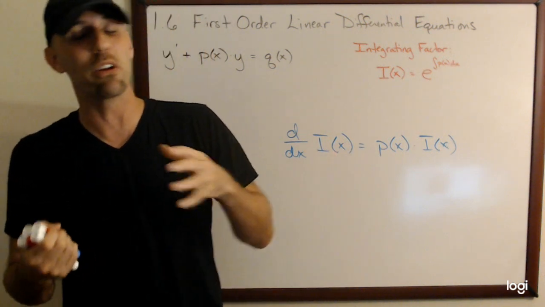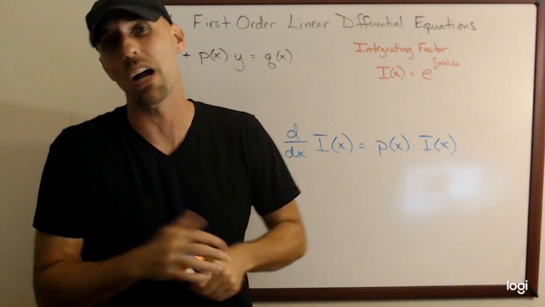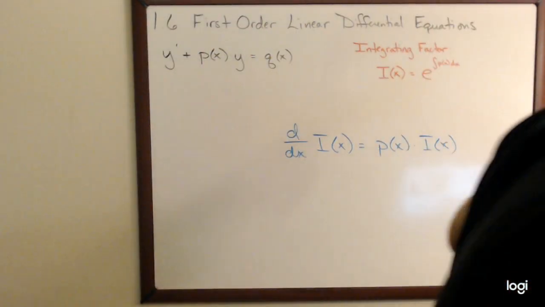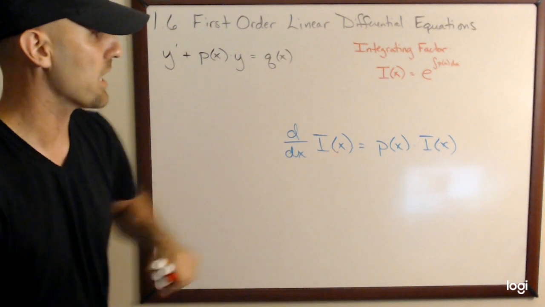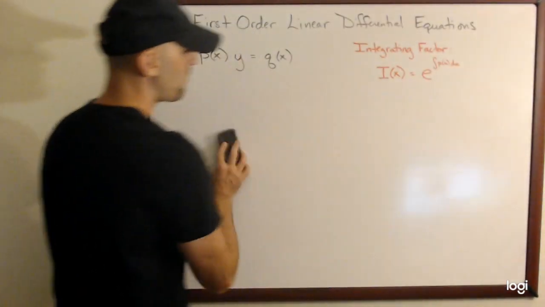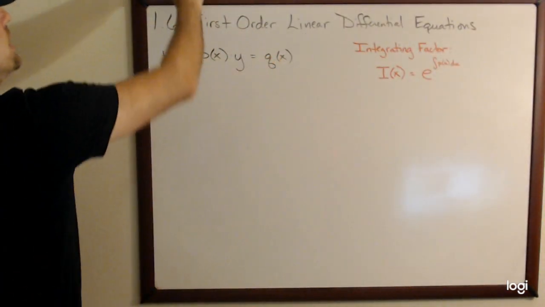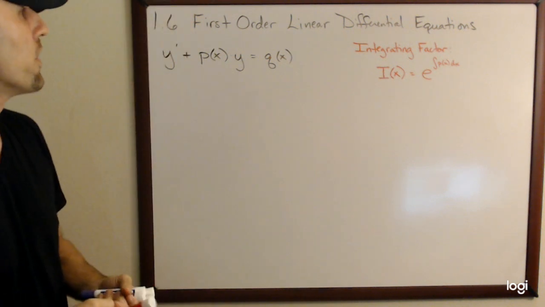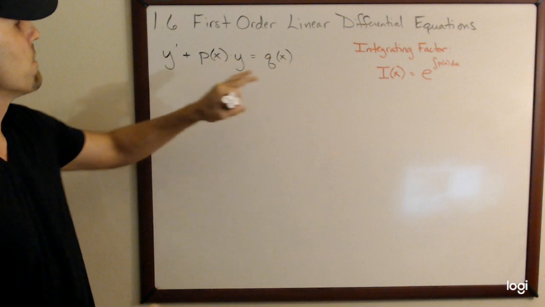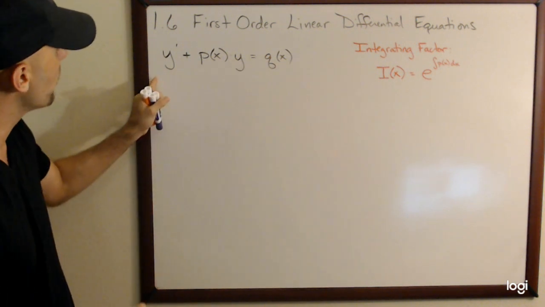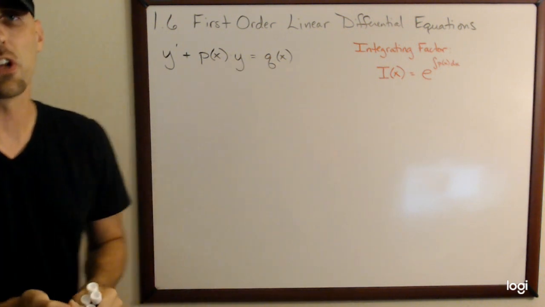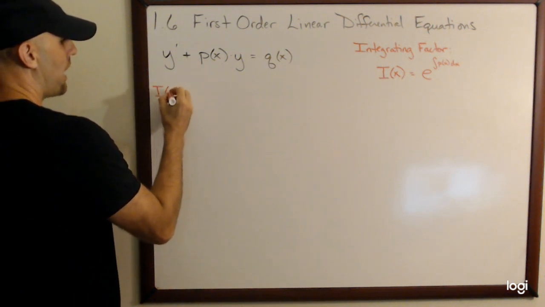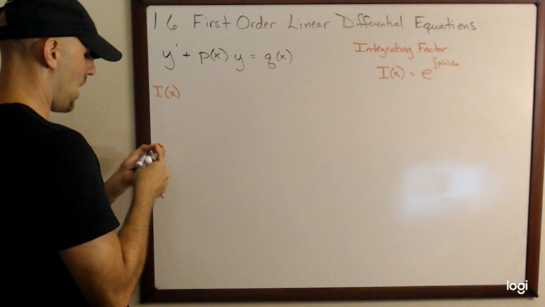And I'm going to make a very judicious choice, and I'm going to pick 0 every time, right? Okay, so that's going to give me a nice, interesting function. I'll explain why we wanted this in a second. So right now, I want that function, that's called my integrating factor, that's I of x. Okay, now what am I going to do with I of x? Well, the first thing I'm going to do is take I of x and multiply it through this equation. So that's going to give me I of x times y prime,